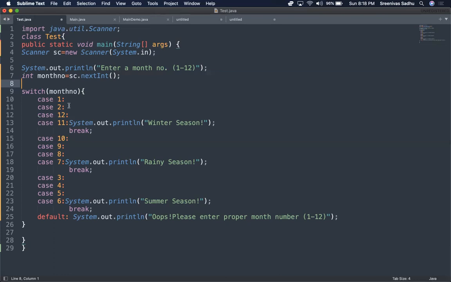When the month is 1, 2, 12, or 11, it is a winter season, and 10, 9, 8, 7 is going to be rainy. Other than these numbers, that is 3, 4, 5, 6, this is going to be a summer season. So that's why this break has been used judiciously. Okay, if none of these cases is matched, then the default case is going to get matched, and whenever somebody